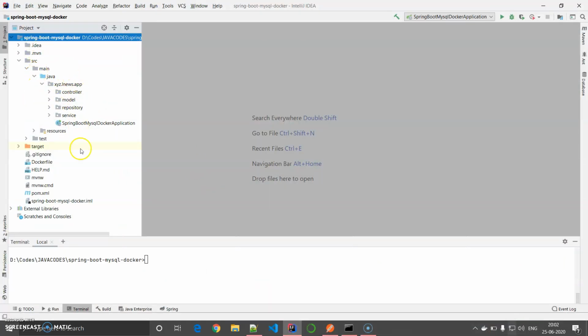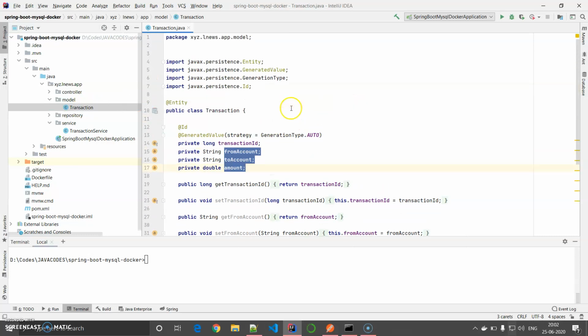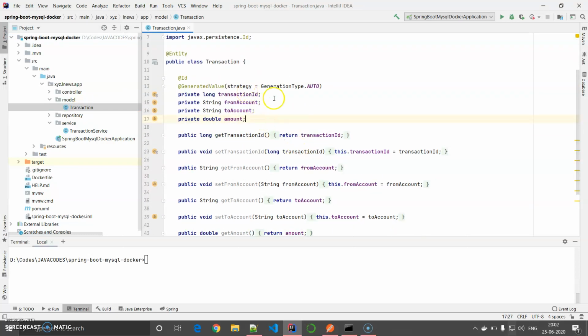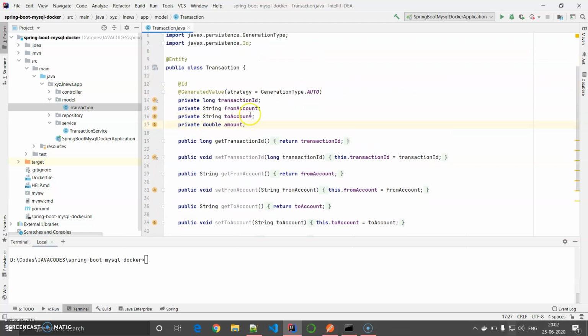Here is the typical project structure where we have a service and a model of transactions. Here you will be able to see that the transaction has a transaction ID which is default, and there are string variables from account, to account, and the amount that has to be passed on. It's a basic model structure.